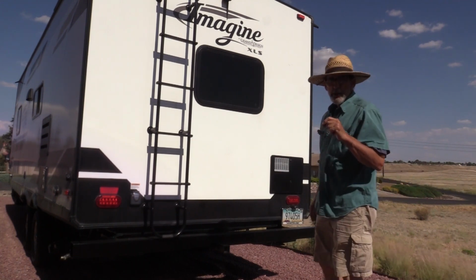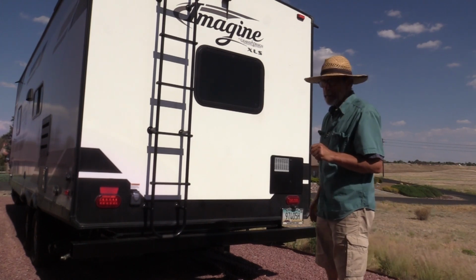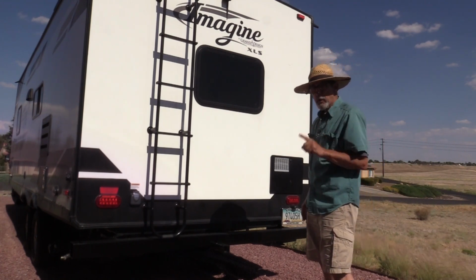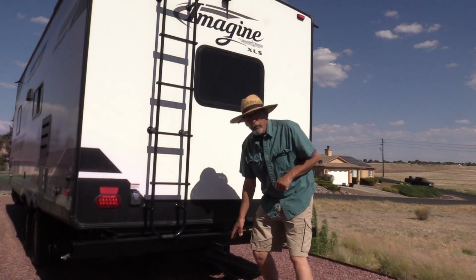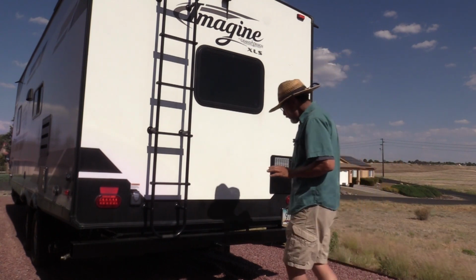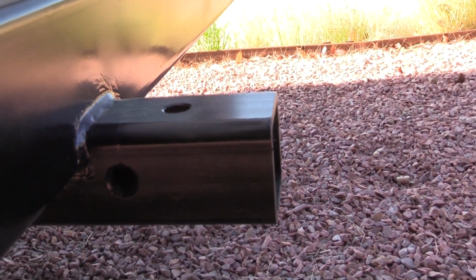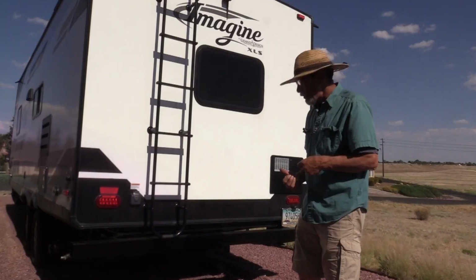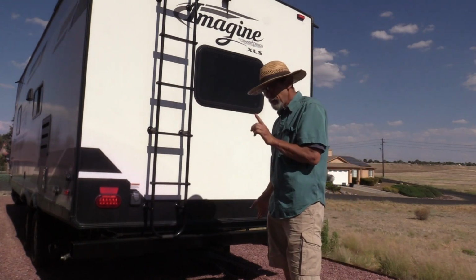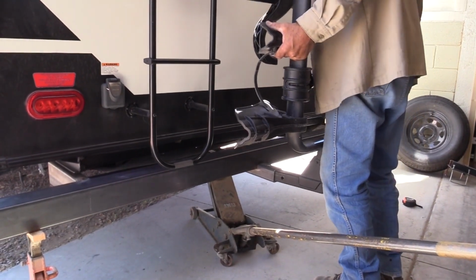One of the improvements we incorporated, only to find out at the very end it was not going to work on this bicycle rack, on this e-bike rack, and that is because we don't want anybody to tow a vehicle with this or another trailer. It's not what it was intended for. So we put a vertical pinhole in here that would prevent anybody from throwing a regular receiver in there and a horizontal pin and hooking up to something that's way too heavy for this system. But as we got to the end and we're pretty happy about the way everything came out,